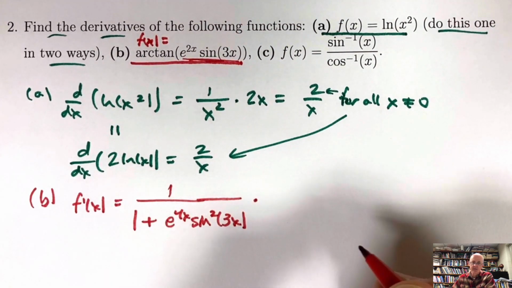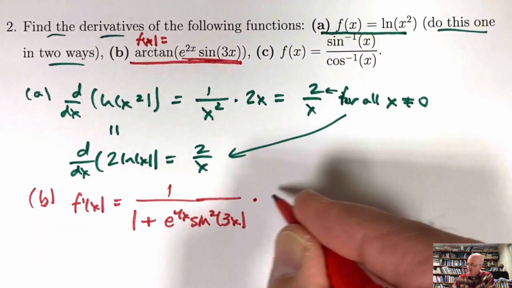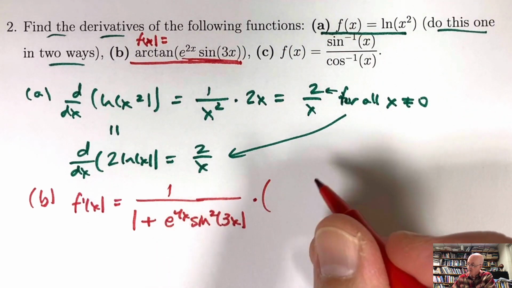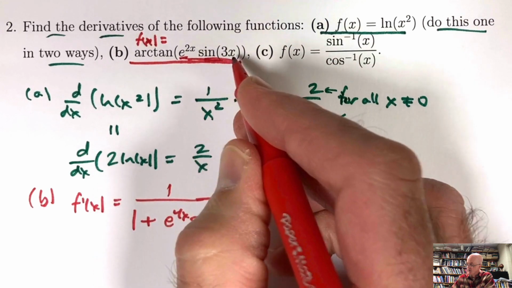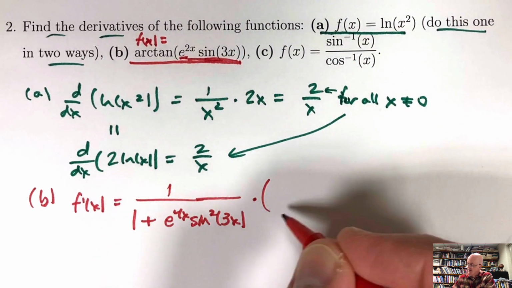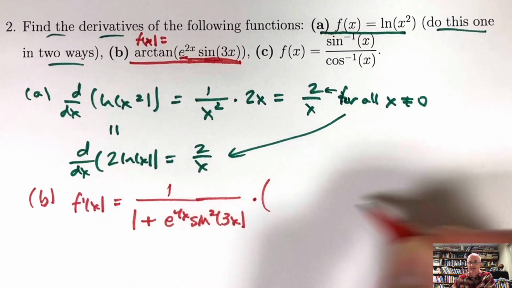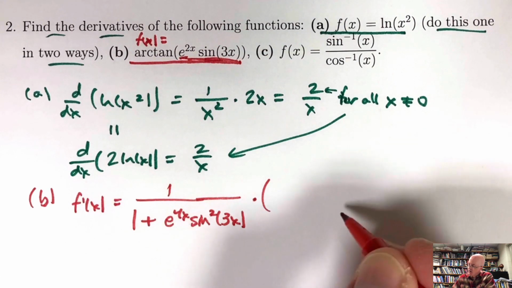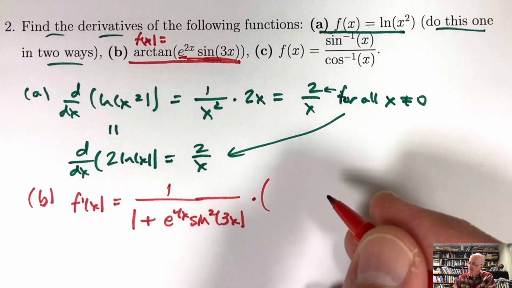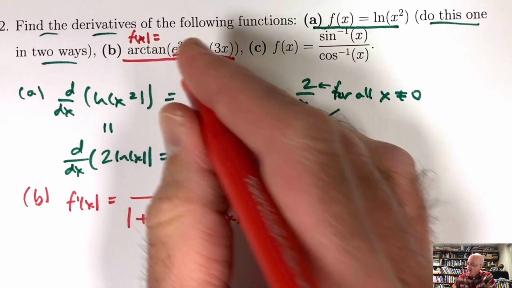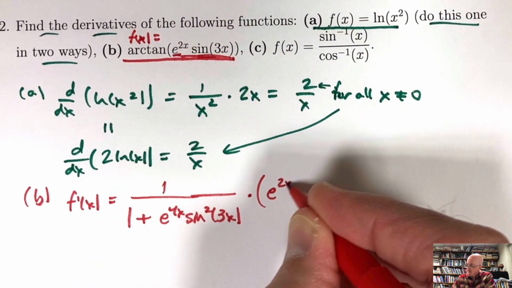Then multiply times the derivative of that inside function. I'm going to need the product rule as well as the chain rule for that derivative. That's a first function times a second function. Make sure you put the derivative inside parentheses. We're going to take this fraction and multiply times the entire thing here. We could put whatever we get here up in the numerator of the fraction as well and write the answer as one fraction. So we got the first function, e to the 2x,